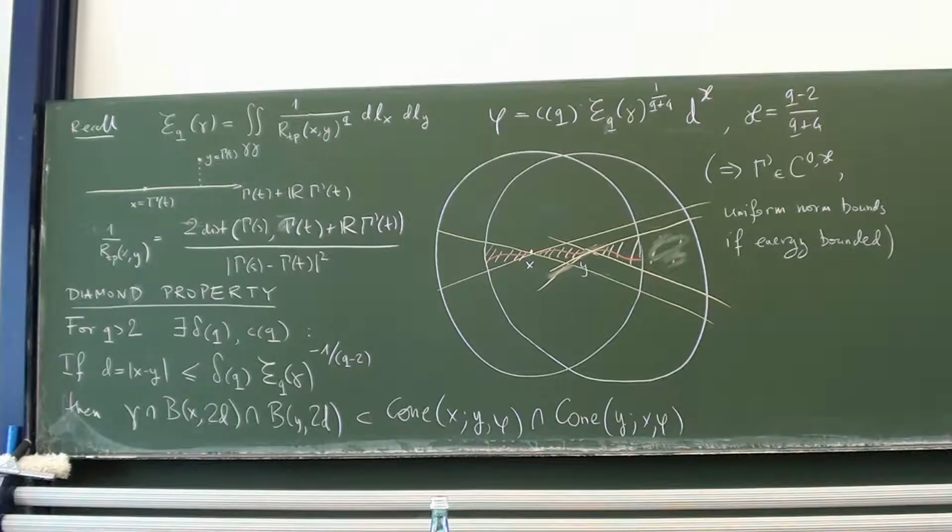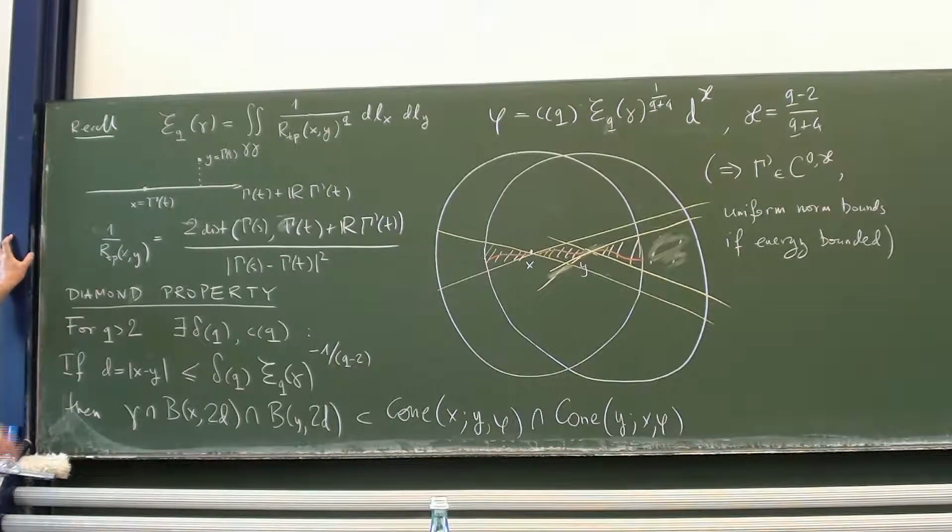For q equal to 2, you can have curves of finite energy for which the derivative is not defined everywhere, and this is due to a subtle analytic fact that Sobolev spaces in the critical case are usually not embedded in L infinity,